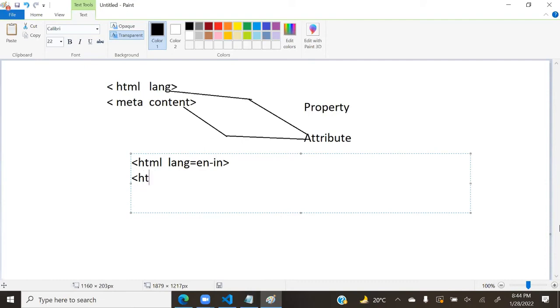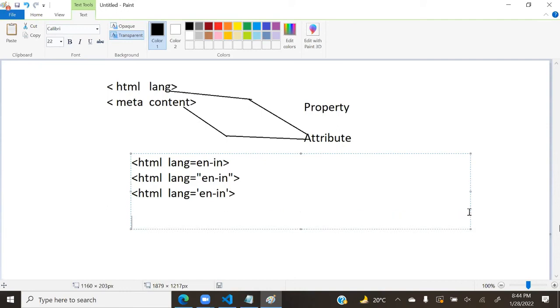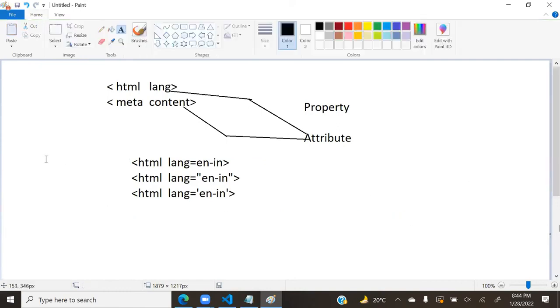Writing lang equal to en-in in double quotations is also valid. And lang equal to en-in in single quotations is also valid. All three will work, but it is always recommended to use the double quotes.